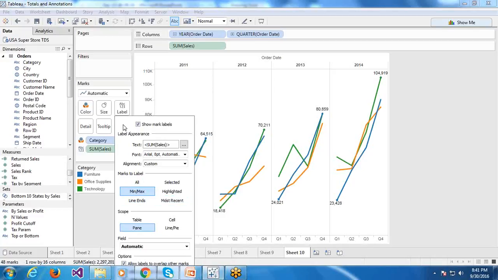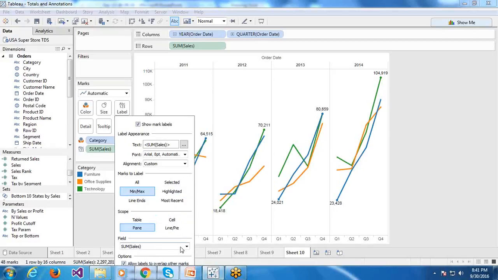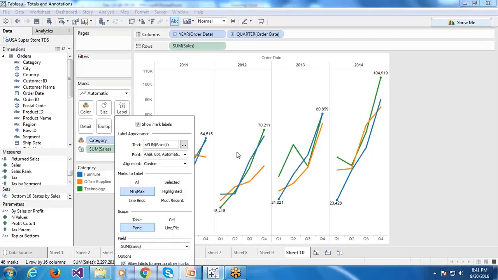Almost. There is one more thing here. Minimum maximum is by quarter, by sum of sales, however you want. So we can select the granularity. We can select the minimum, maximum for each category, each quarter, like this. Are you able to notice the changes?